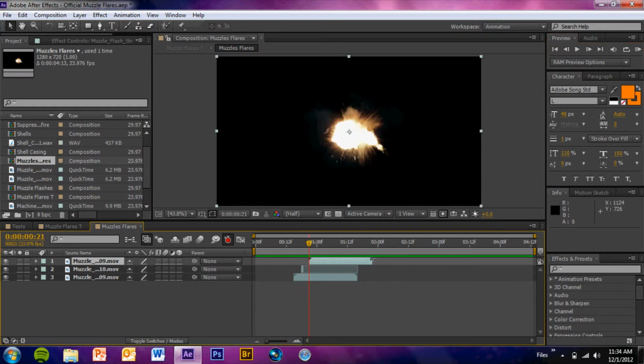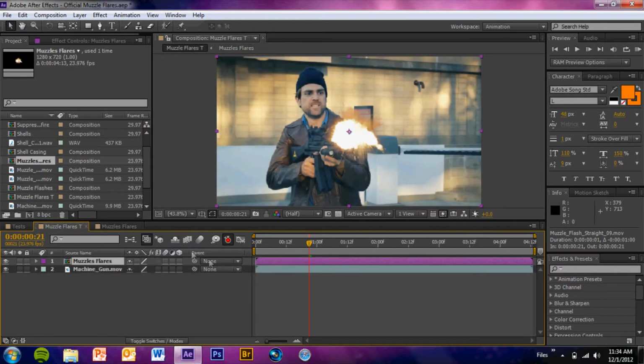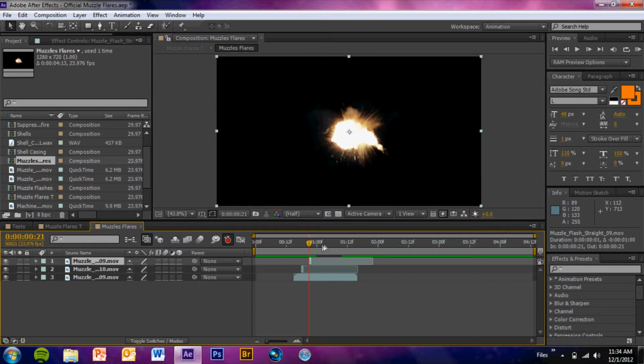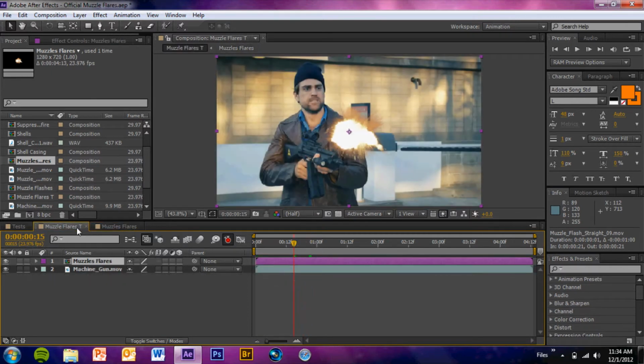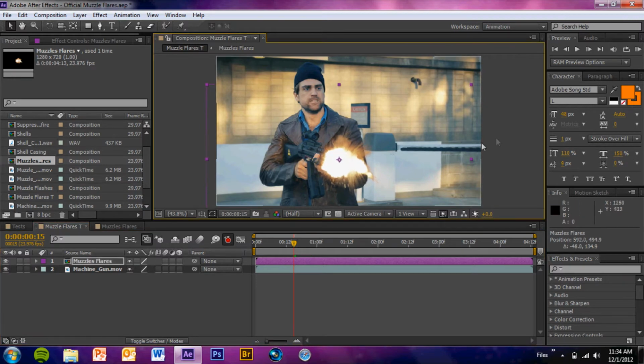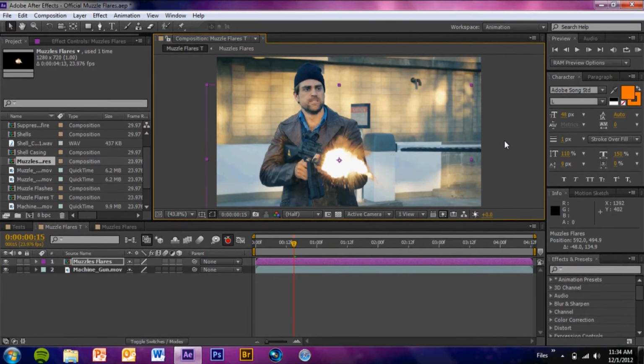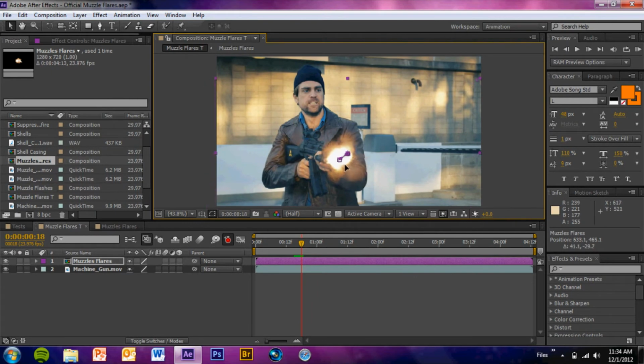And I'm going to actually lower the smoke rate on this one too, so then it looks a little bit better. Now, after we got this, we're going to go into the original footage. We're going to go to the first muzzle flare, and we're going to reposition this muzzle flare on top of the barrel. Now, then we're going to go over 3 frames over, and then we're going to reposition this